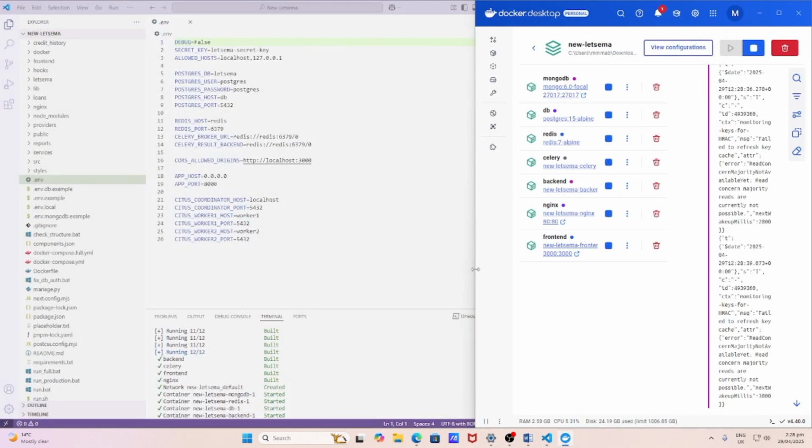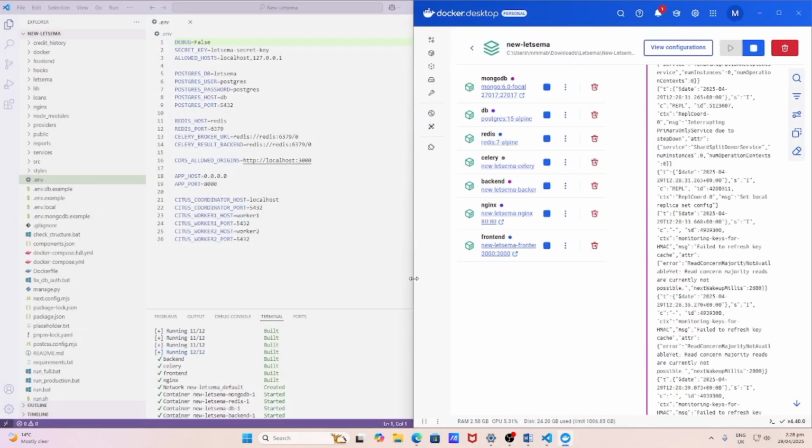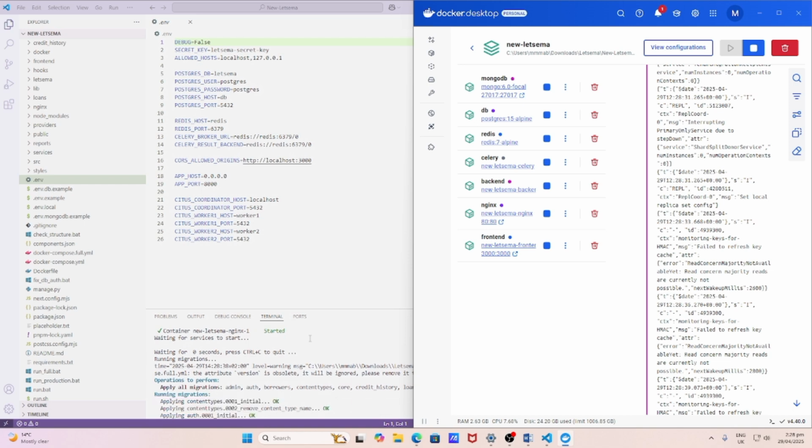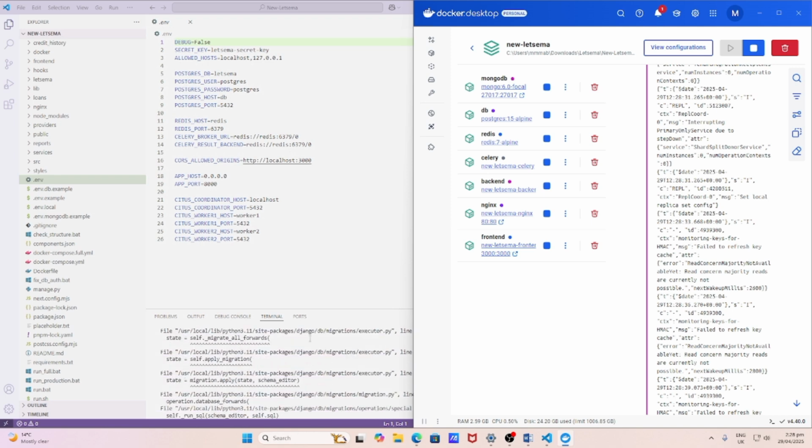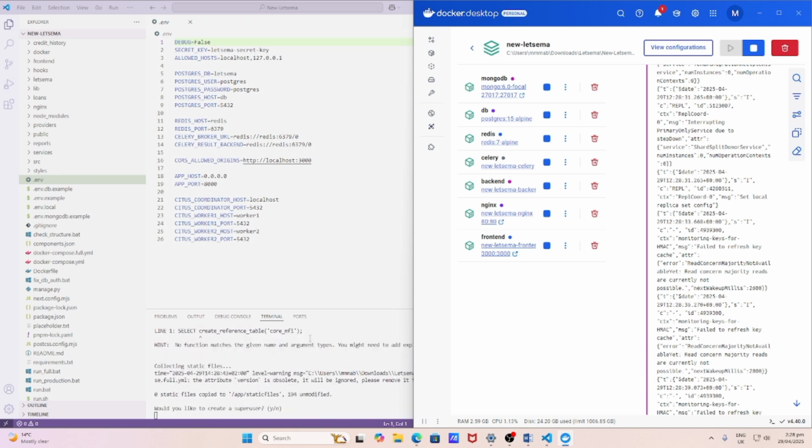We can see the logs. Looks like everything is fine. And then via the command prompt, it looks like the migrations went okay,